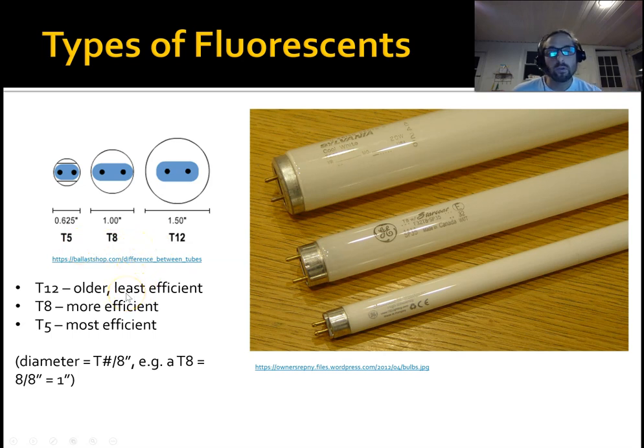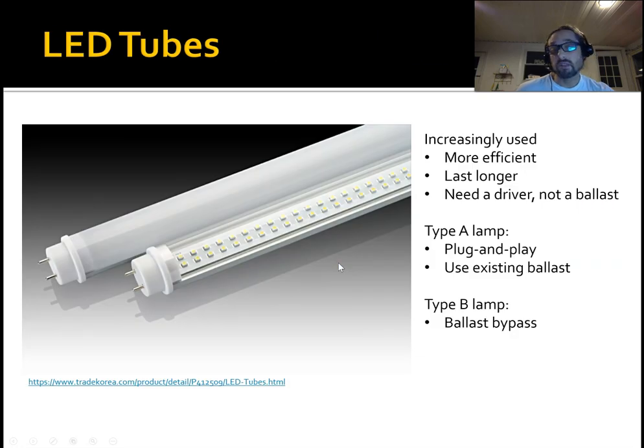So the T12s are the big fat tubes that you see in old buildings. They're the least efficient out of the 3. T8 is more efficient, and T5 is the most efficient. And generally speaking, these are not interchangeable. So if you want to go from a T12 to a T5 or a T12 to a T8, you're going to need to change the whole luminaire. So these are actually at this point almost passé, because LED tubes have really taken over now,